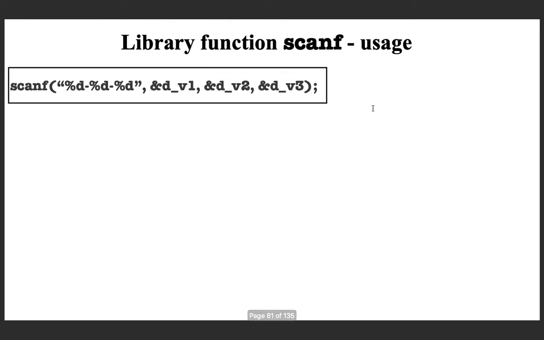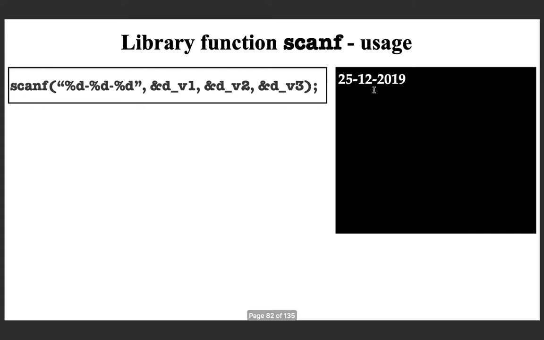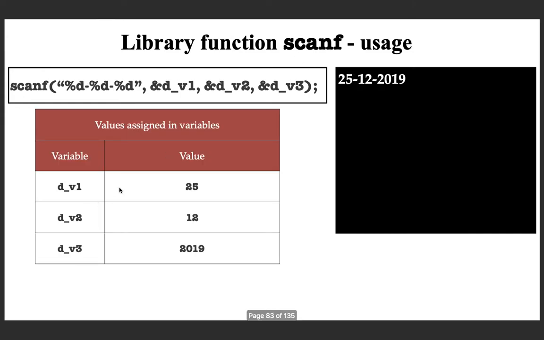Another use case, see here I am reading three decimal integer values, but they are separated with a hyphen. So similar to the blank space in the previous case, here it is a hyphen. So the hyphens will not be taken. If you look at, you can see that the values are taken into these variables and the hyphen is discarded because of the hyphen appearing here.